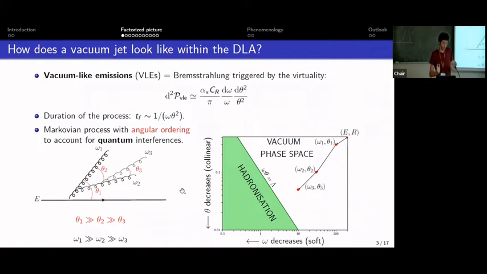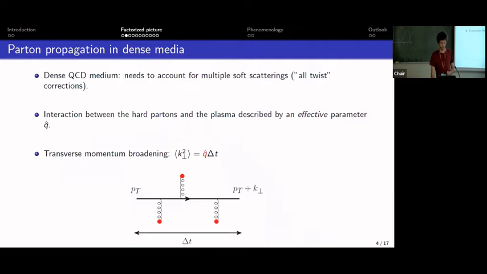Okay, so this is the picture in the vacuum. Of course, in the vacuum, we can do much better than that, and again, I refer you to Alba's talk if you want to include higher order corrections. But at least that's a common ground to try to understand what the modifications of this simple picture are in the case of a dense medium. So I will mainly discuss the dense QCD medium case.